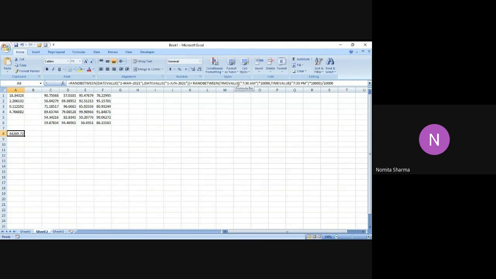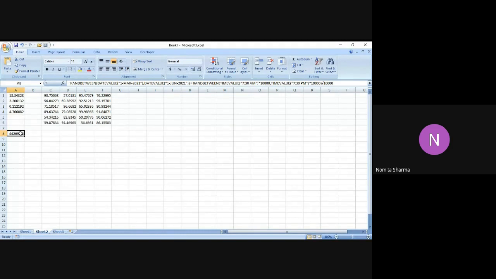Please be clear about this fact that whenever we are writing a very large function, we may do a lot of mistakes in that. There might be small mistake of writing extra decimal point, or maybe writing extra bracket. We just saw that there was a spelling mistake in the time value function that we have used over here. So I've got this as the answer. And now please remember, this particular thing is the numeric value of the data, which is both date and time. How I can get that? I have to simply change the format of this number.